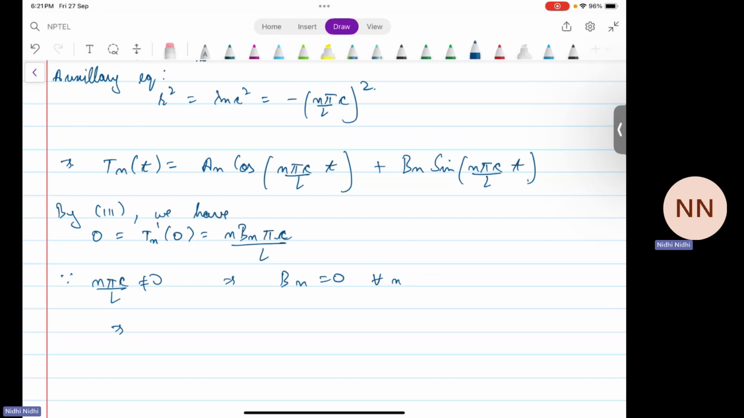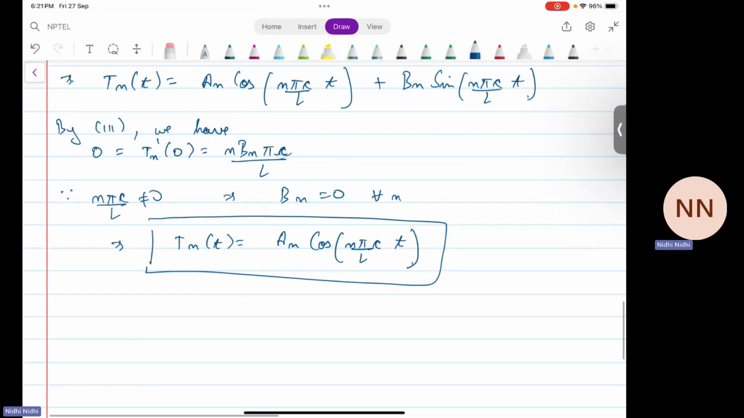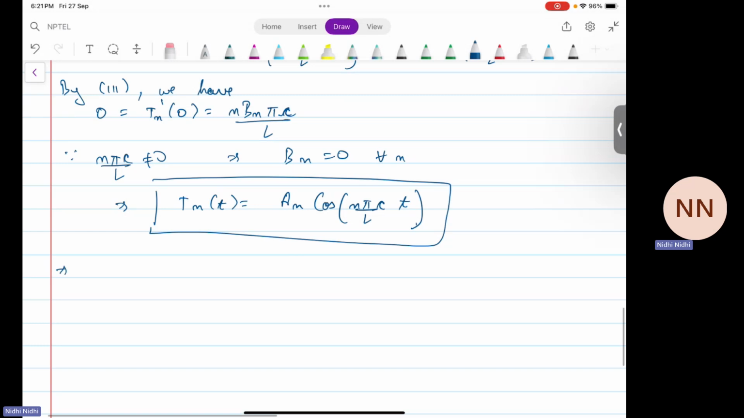This implies T is just cos(nπc/L)t. Now we have Tn and Xn. So by the principle of superposition, we get